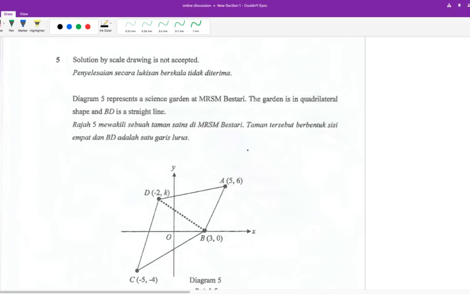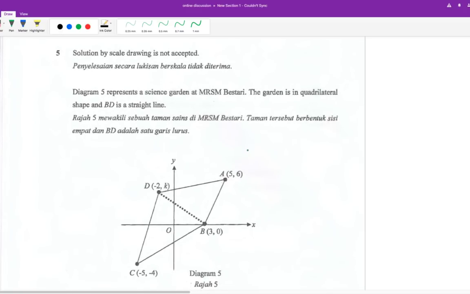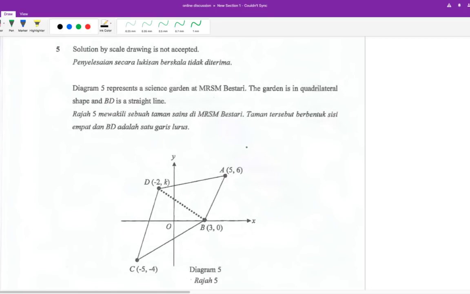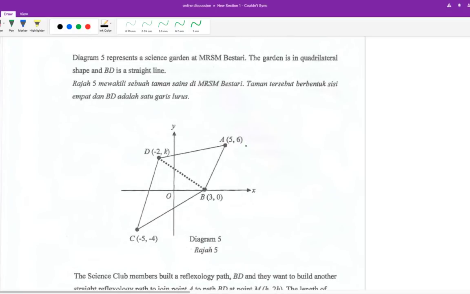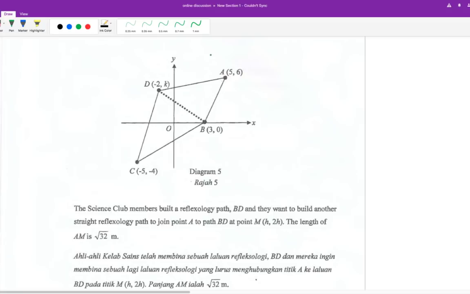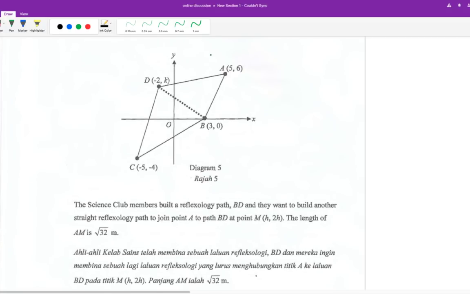Alright, so let's go to question number 5 here. The solution by scale drawing is not accepted, so that means you cannot use your ruler to measure it. Alright, so diagram 5 represents the science garden of MRSM Bestari. The garden is a quadrilateral shape and BD is a straight line. Alright, so we have some information here. Okay, so the science club members